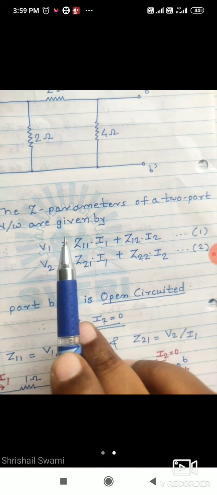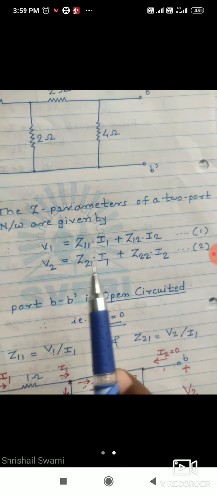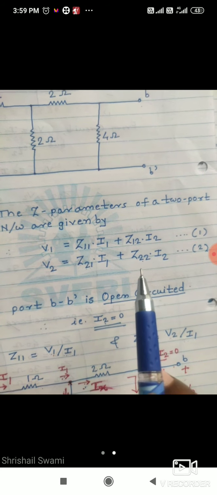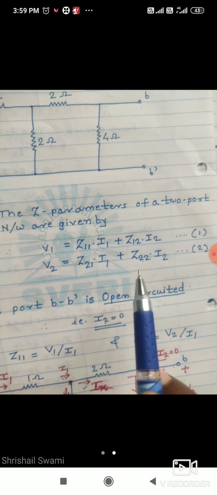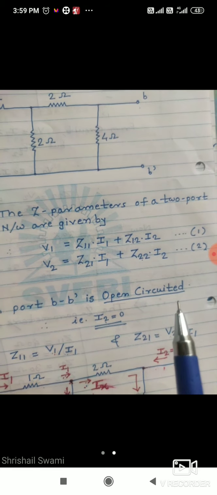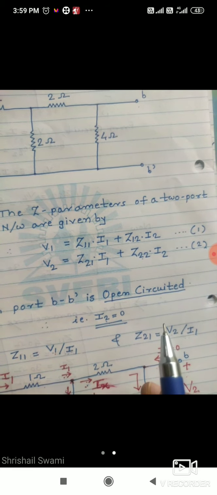Once we complete all those parameters, I will give one table on how to remember the formulas and how to remember which two variables we have to choose as dependent and independent variables to find out particular parameters. I will give a summary table finally, which will help you to remember all those equations properly.